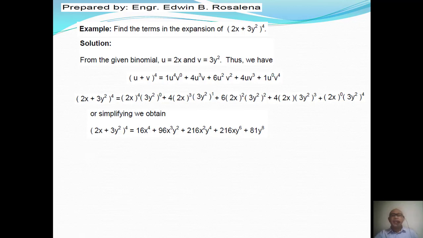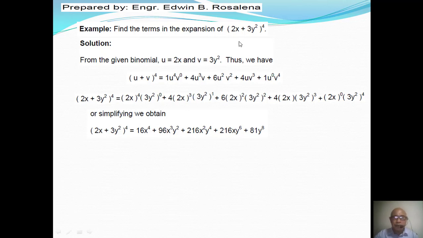Now, can we encounter this in the board exam? Is it possible that you will be given a question? Find the terms in the expansion of 2x plus 3y squared to the power 21. That is funny, right? Because if you put the power 21 and then expand it, you are asked for all the terms, that would be 22 terms. Better not, that is a very long computation. Better skip to the next number. But what is the possible question we may encounter in the board exam